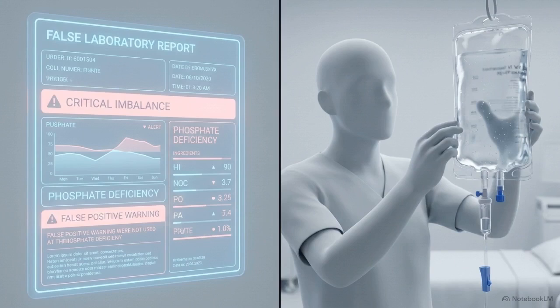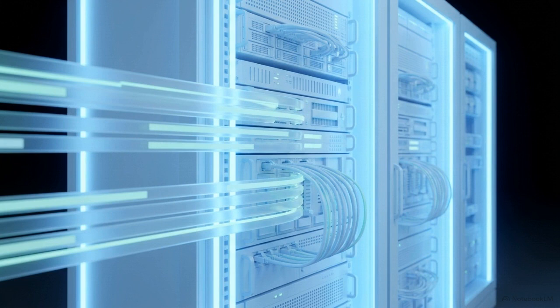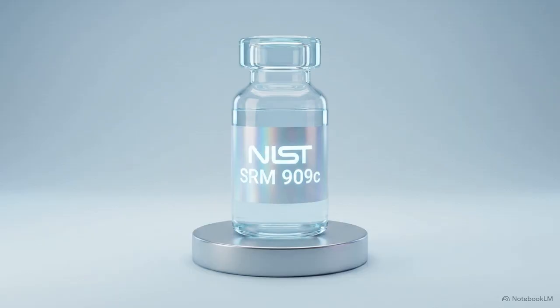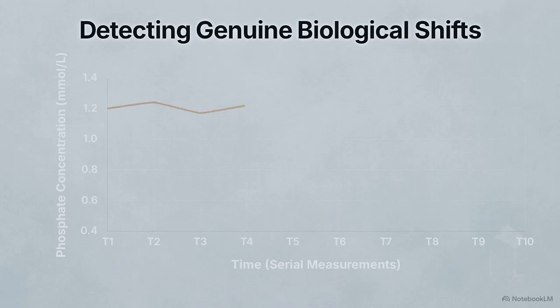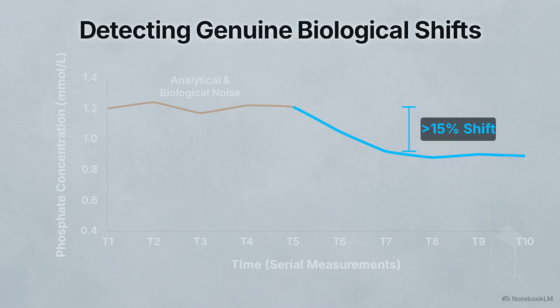Without a pathologist to recognize this optical illusion, clinical teams may initiate treatments that harm patients whose phosphate levels are actually normal. Safeguarding the laboratory from these mirages requires rigid statistical rigor. Analyzers are calibrated to primary reference materials, such as NIST SRM 909C, to maintain global precision. We utilize the reference change value to interpret serial results. Because phosphate levels fluctuate, a change must exceed 15% to be considered a genuine biological shift rather than random analytical